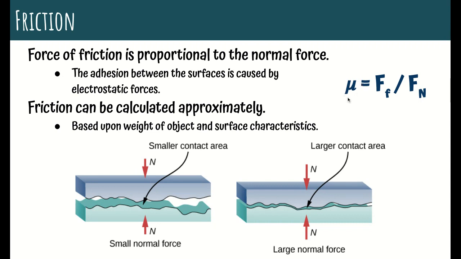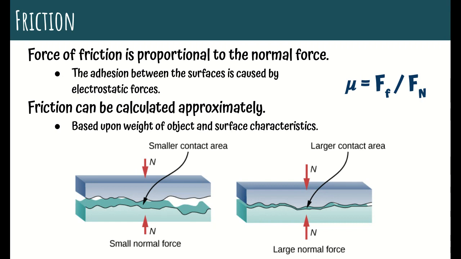Generally speaking, this doesn't have a subscript of S or K, so we don't know if you're specifying static or kinetic friction, but in general, the coefficient of friction will always be the force of friction divided by the normal force. So here we should have been able to calculate that last class based off of the peak of your pulling your object versus the force that was required to keep it moving. So friction can be calculated